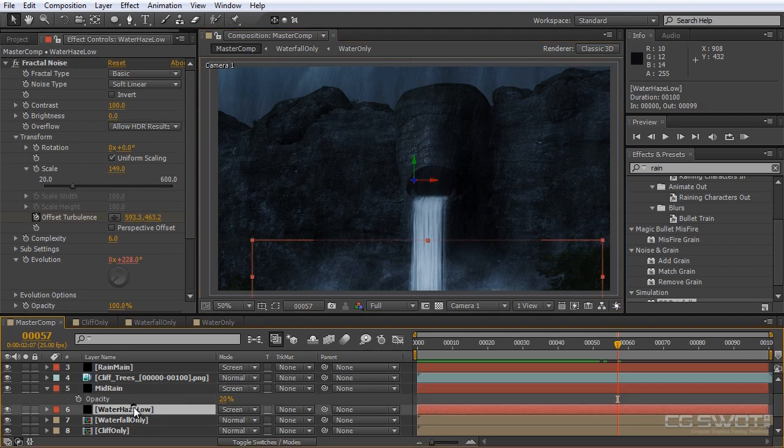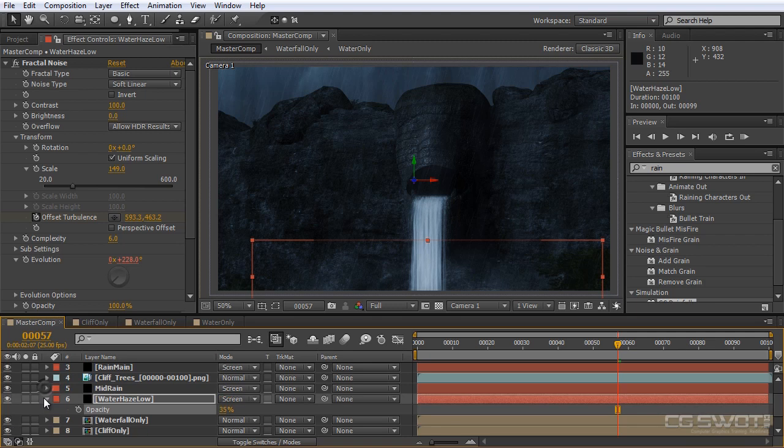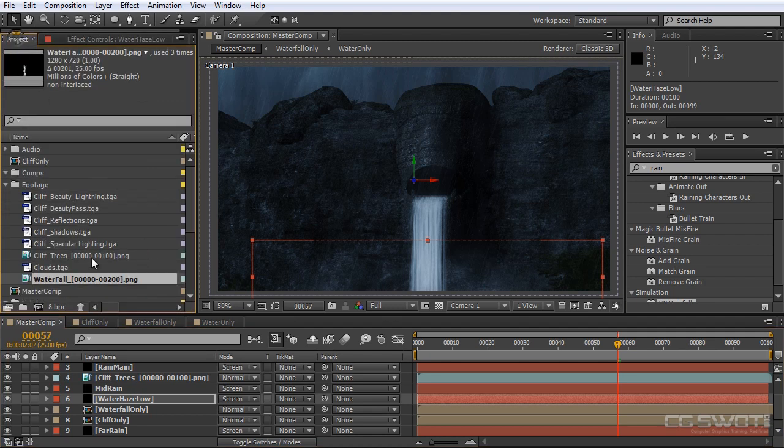I'm going to go ahead and do that. Just transparency. Knock this back to say 50. Maybe even more. I'm going to knock that back to 35. And that's going to work okay. So our scene's looking good, but we want lightning in the scene. And the way we do that